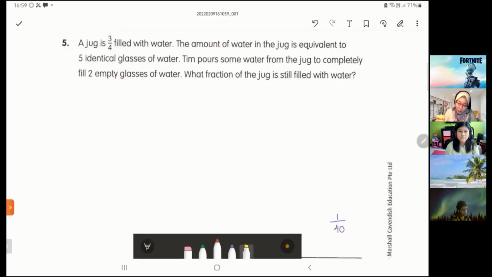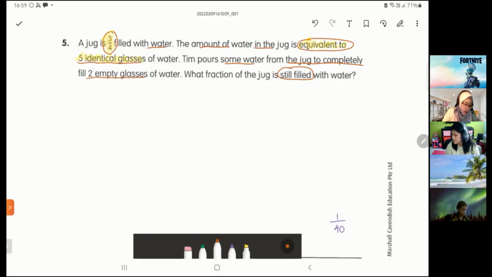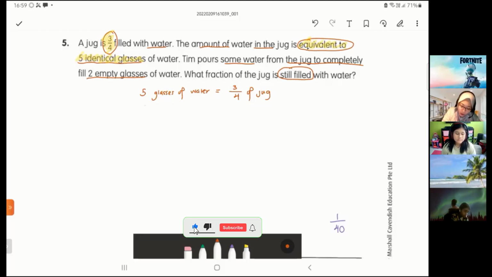Let's write down what they say here. The jug is 3/4 filled with water, equivalent to 5 identical glasses of water. Let's rewrite this sentence as an equation: 5 glasses of water is equal to 3/4 of a jug. Right now we know that we pour some water from the jug to completely fill 2 empty glasses. Before I can find 2, I find 1 glass first. So 5 glasses is 3/4, so 1 glass will be